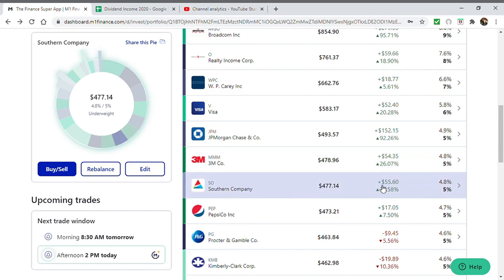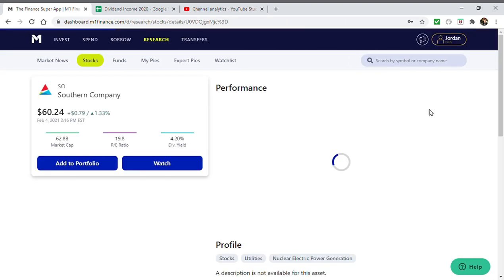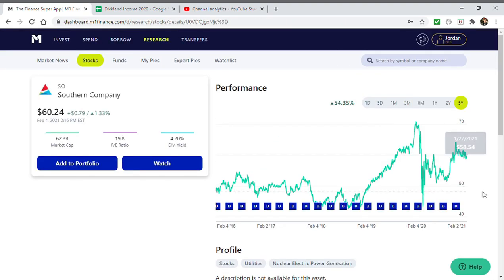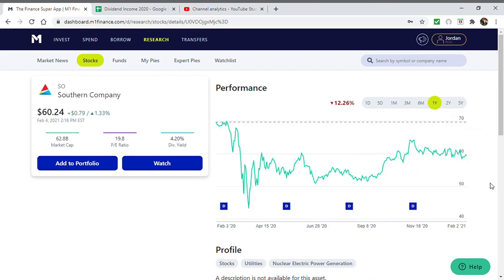Southern Company. Southern Company is the only utility stock that I currently own in my portfolio. It's once again at 5%. We're up 21% on it, or about $55 worth of gains. And Southern Company is very boring, very basic. The way I look at it, utility stocks, while they're not very fun and not very good for a young person like myself, they offer some pretty good safety in the sense that pretty much no matter what, this